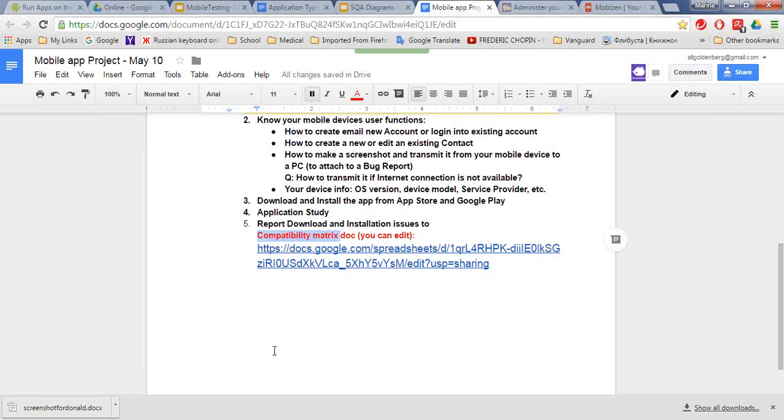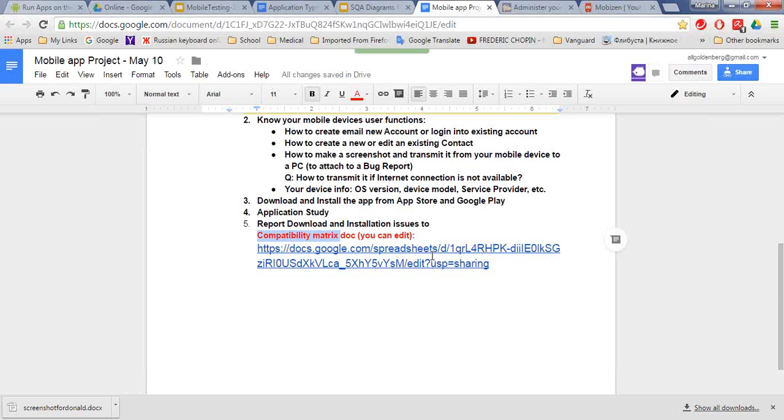So first, usually we run this compatibility testing using physical devices, because there are two types of devices, and we will start with physical devices, as devices you have physically in your handset right now, I believe. But we will also be using